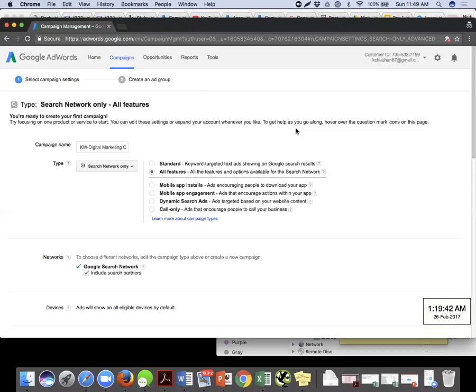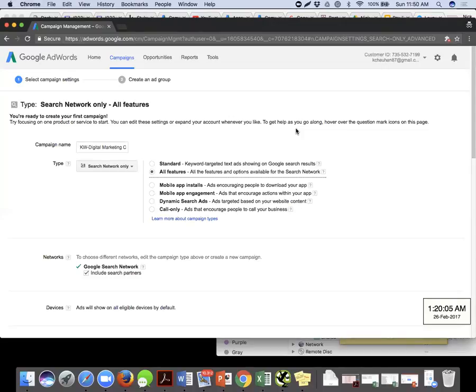Google Search Network consists of those websites which are owned and operated by Google. Some examples are Google Maps, Google Drive, Google Mail. You must have seen ads on them also. Those are not third-party websites. These are only Google's websites, Google's products basically.